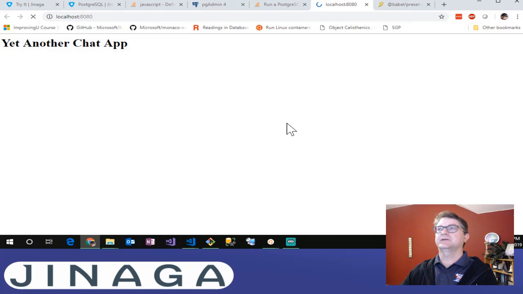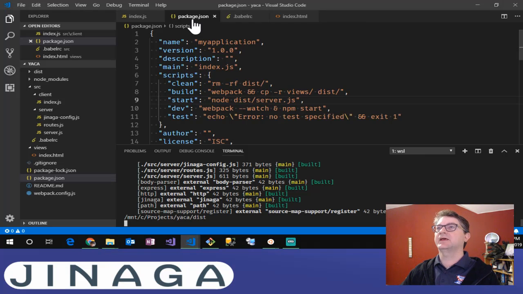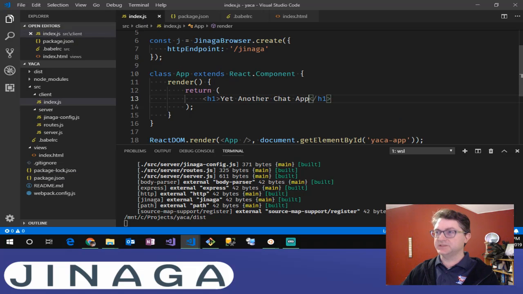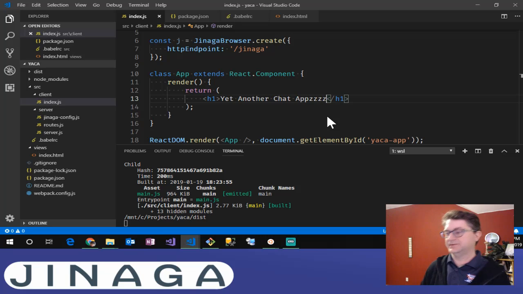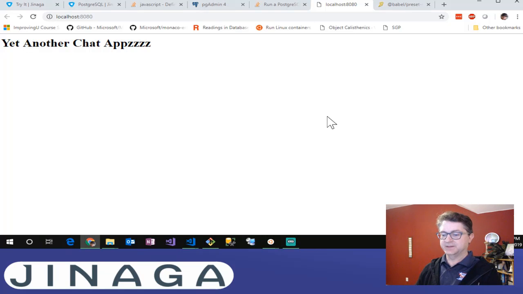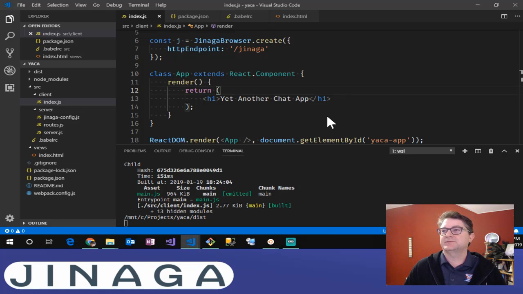So here we refresh, and now if I make a change, save it, refresh, and now I can see the change. So I've got developer mode happening. It's not automatically refreshing the browser. That would be some additional work that I could do, but I'm satisfied with it just working like this for now. Okay,